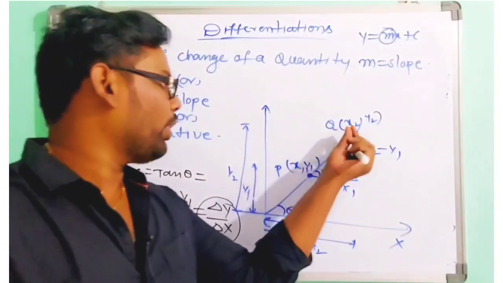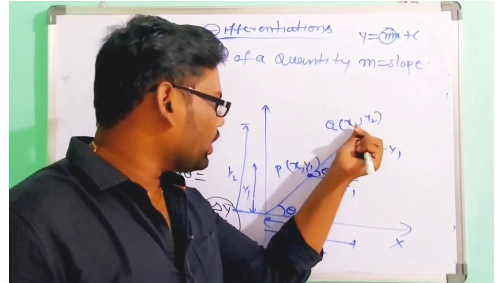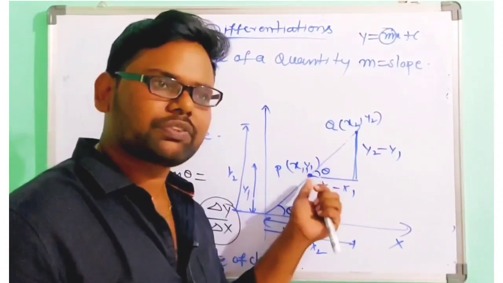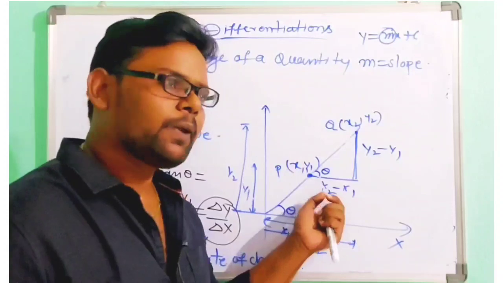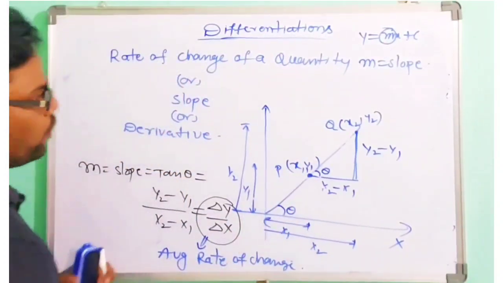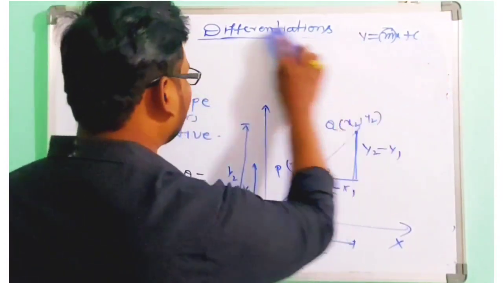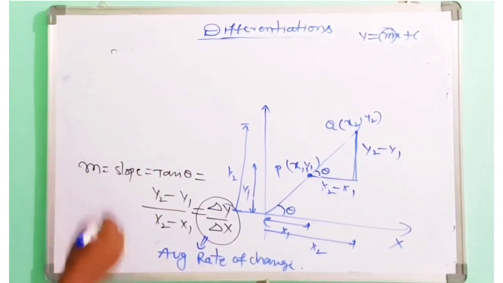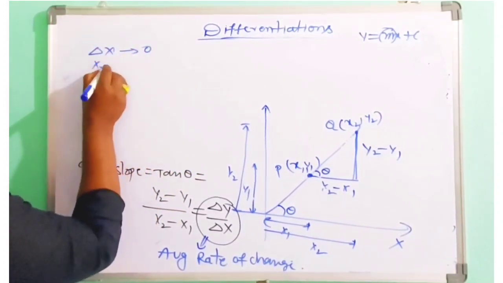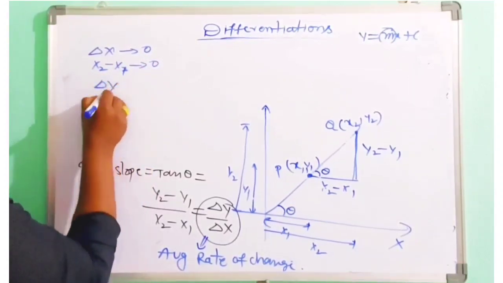Now when this Q point approaches the P point, that is when x2 approximately equals x1 but not equal to x1, in that case, when delta x tends to 0, nothing but x2 minus x1 tends to 0,